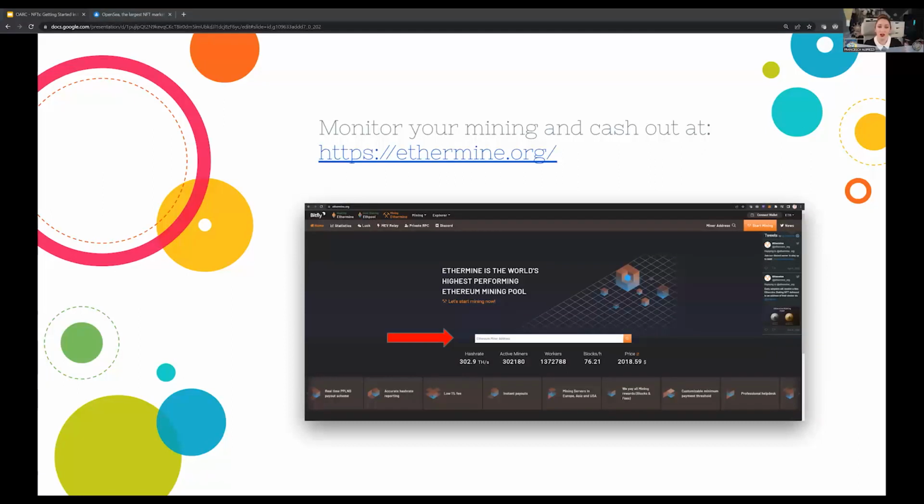You'll be automatically paid out once you've mined one whole Ethereum token, and you can cash out earlier, but you'll have to pay gas fees. So as we've discussed, those can fluctuate a bit. So it's best to wait till it pays out automatically. And essentially what it does is it puts that in your wallet, and then you can choose what you want to do from there with that currency.